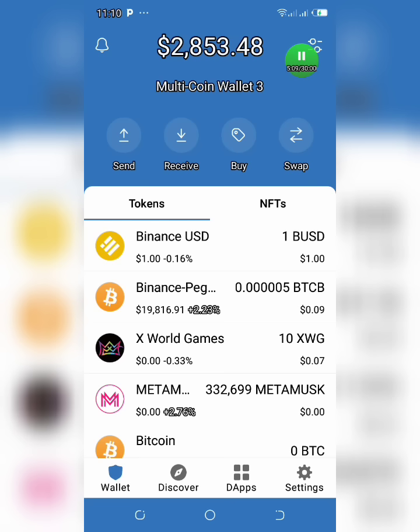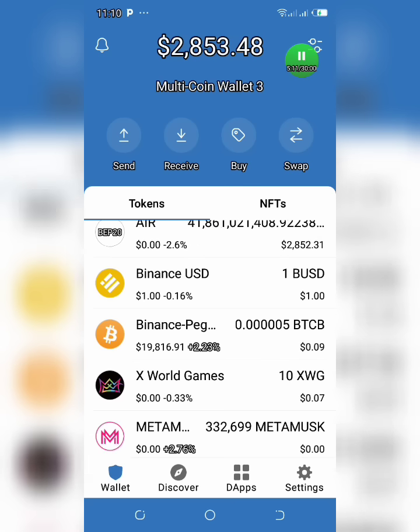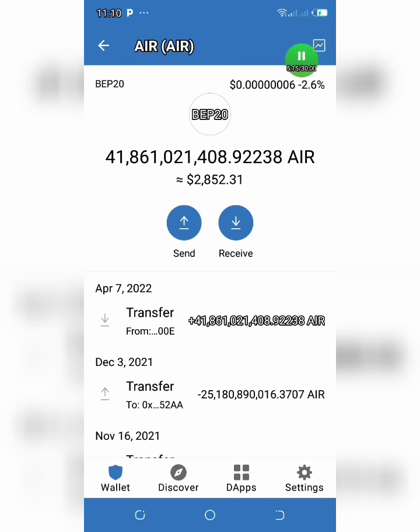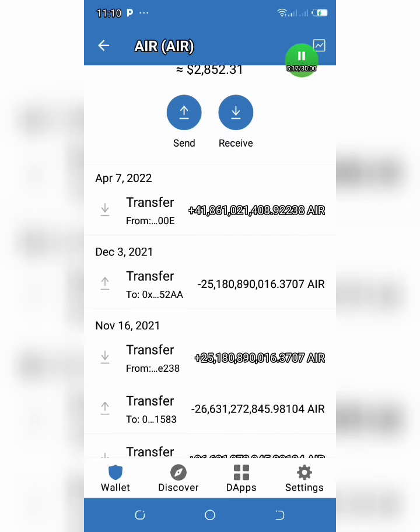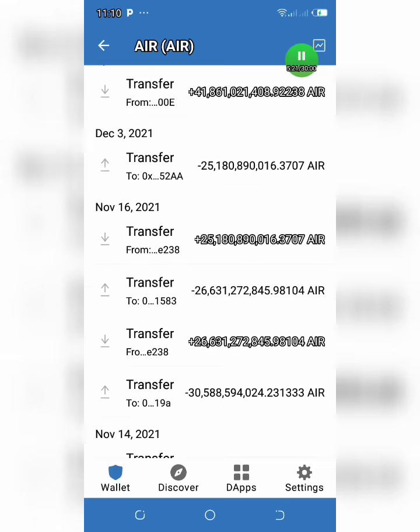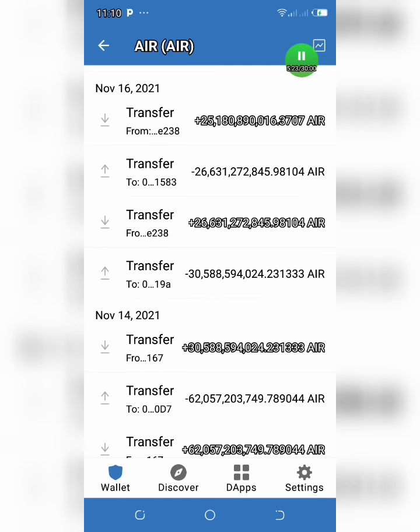So when you see, let me just bring it closer. Let me show you something. Okay, so as you can see in this video, I have a bunch of airdrops in my wallet. That is my Trust Wallet. As you can see, I have transferred a lot of airdrops. I'm doing a lot of transfers from a lot of airdrops. I'm selling a lot of them and making a lot of money.